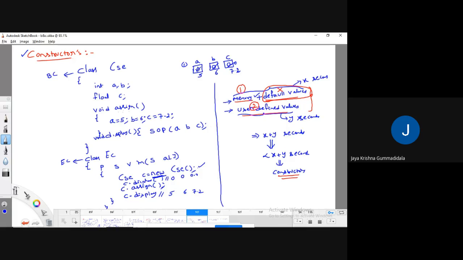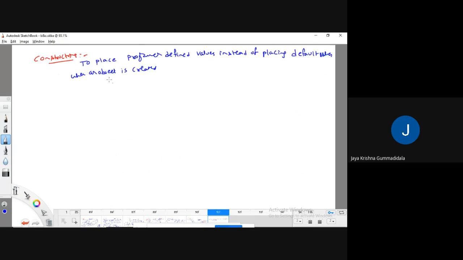When an object is created, first default values are placed, then our user-defined values. So constructors are needed when we want to place program-defined values directly, without placing default values, when the object is created. Simply, a constructor is also a kind of special method. It is similar to a method only,